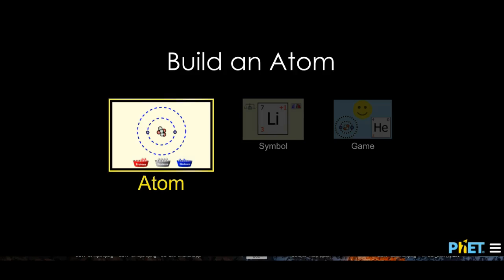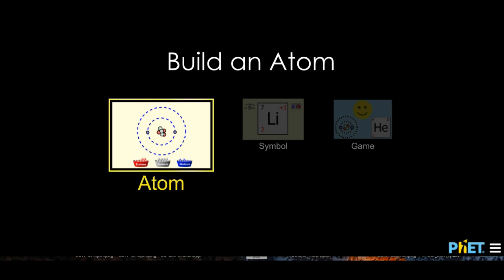Welcome to PhET Atom Builder. Now we've been learning about atoms and the fact that there are many different types of atoms and each one of them has a unique structure that determines their identity. So we're going to be using this to look at how we build an atom, how we put it together,